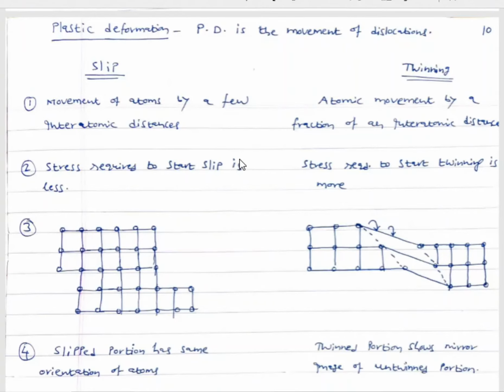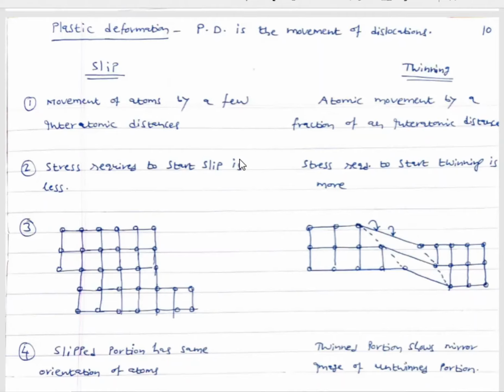But when a condition is reached, when you go on repeatedly applying more and more stress on the material, and when you withdraw the load applied, the material may not assume its original dimension. That moment is known as the beginning of plastic deformation, or permanent deformation. Plastic deformation is nothing but the movement of dislocations. Why is it called movement of dislocations?